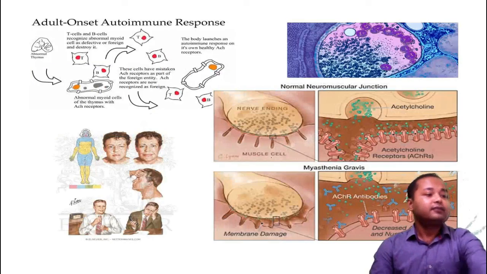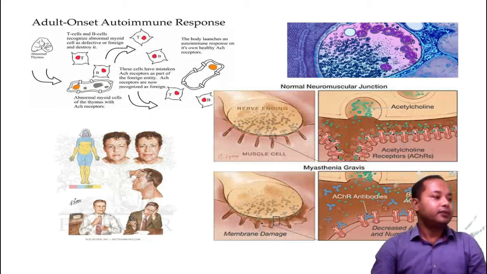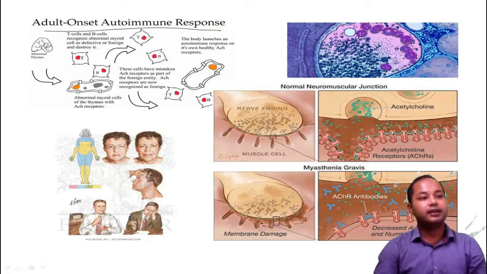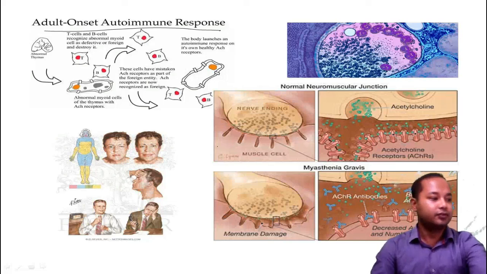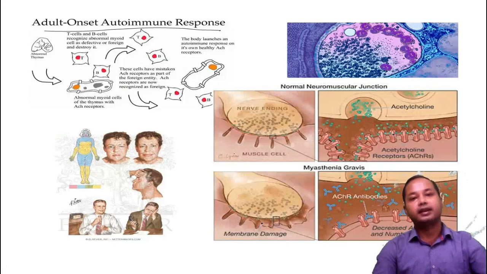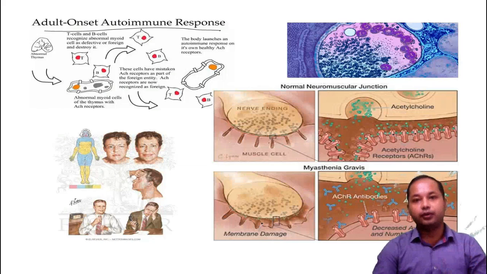The last thing I wanted you to remember is this important point: the adult onset autoimmune response. In certain cases when this blood thymus barrier is broken, it can lead to Graves' presentation. So Graves' disease is also related to the thymus gland, in which there is an auto response to the body's